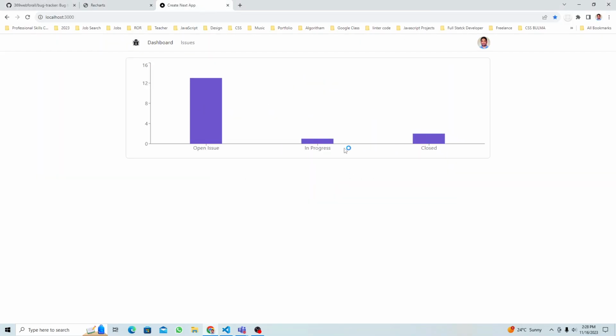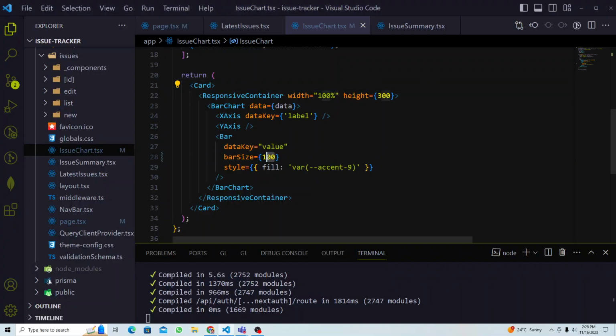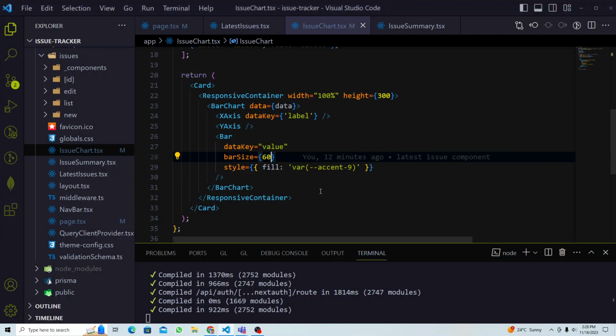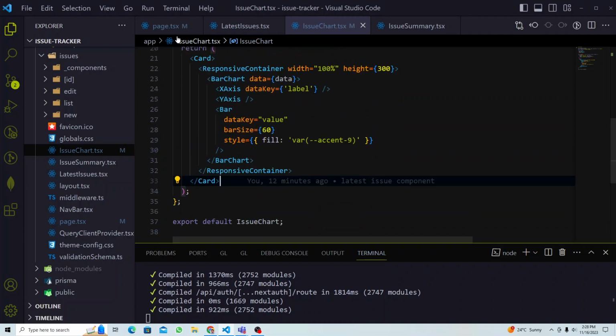So look at here, right? Because open issue has many, in progress is 1, close is 1. Okay, I think there are 2 closed. So you can make this small, right? Maybe 60 or 40, like that, just shrink down. Clear? So nice, we got this bar chart also, right? So we have our 3 components ready to go, right? Very ready to go. So what we will do now in our page,